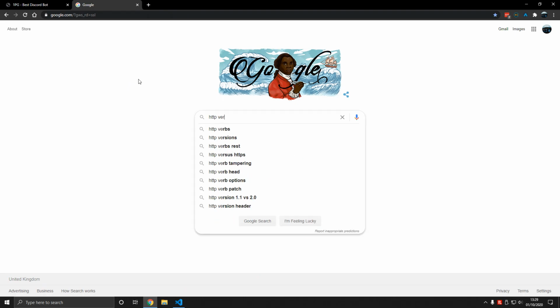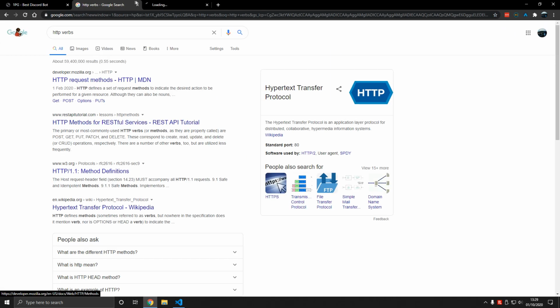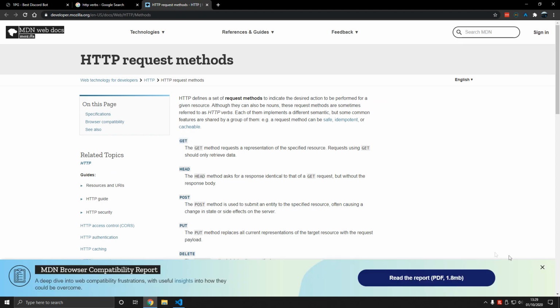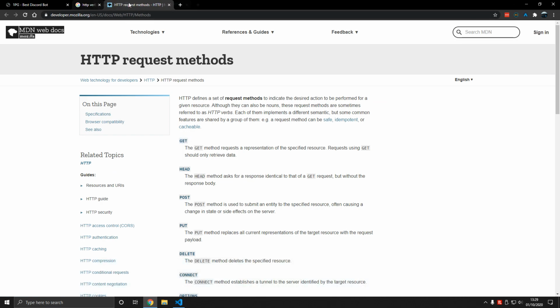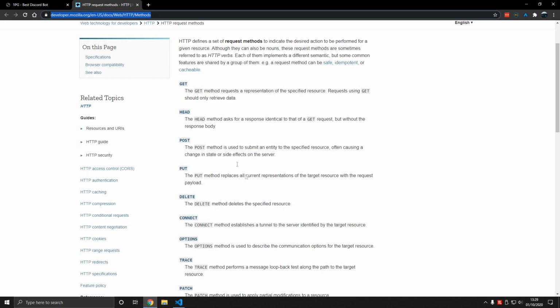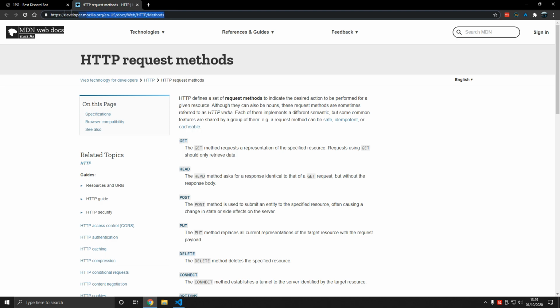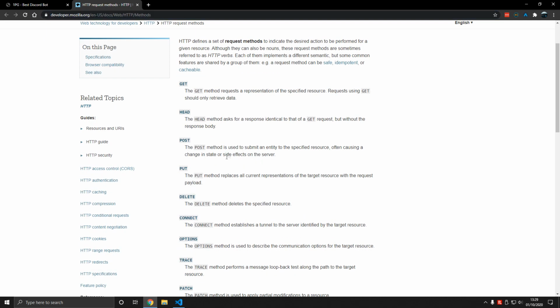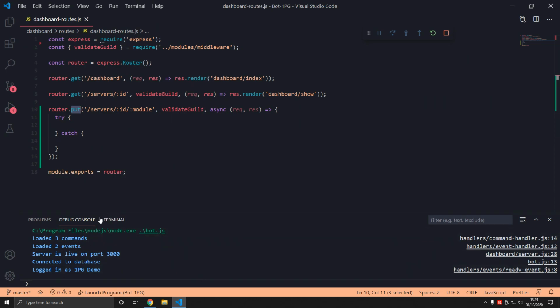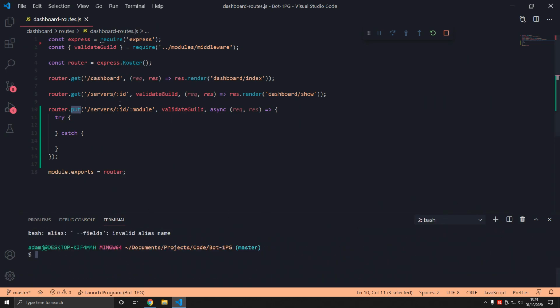Now, if we type HTTP verbs here, we can see the different things you can send to the server. Cool. So get is when we type in a URL in the browser. That's a get request. Now these other requests can't be sent in the same way, so you're gonna have to send them via code, I guess, or forms. So the get and post can be done by forms. The rest, we have to use some special libraries